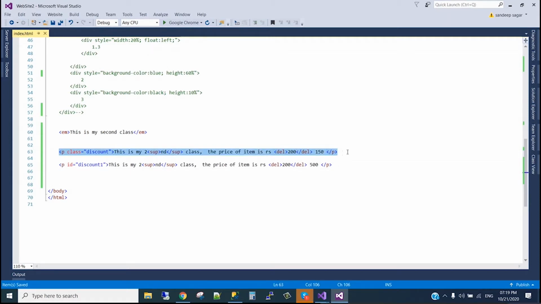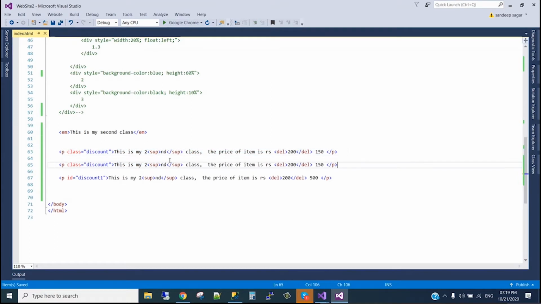We cannot make two IDs the same. It's a unique field for the paragraph.